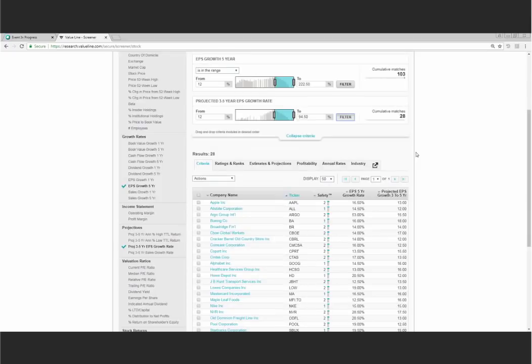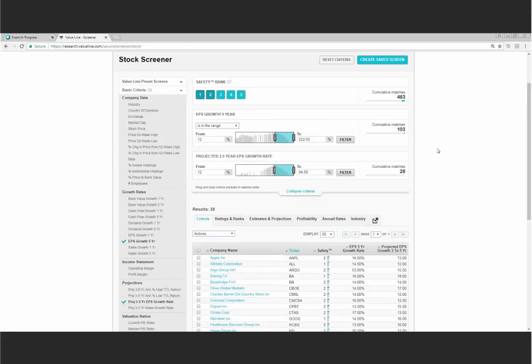Okay, 28 results. We're making some progress. Please note that Value Line's total database includes data on almost 6,000 stocks. With a few clicks, you can narrow it down to a couple dozen. Let's now focus specifically on the stock. As Harvey Katz mentioned, once again, notable gains may take time and effort. Thus, I want to isolate stocks that Value Line expects to outperform the broader market over the near and long